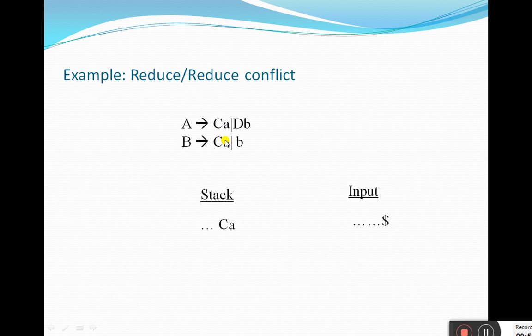Now the question is whether this is to be reduced to B or to A. So there is a reduce conflict. Therefore, reduce conflicts should not be there in the grammar for bottom-up parsing or shift reduce parsing. And in fact reduce conflicts are a more dangerous type of conflict compared to shift reduce conflict.